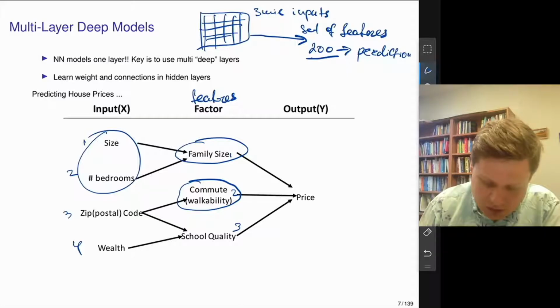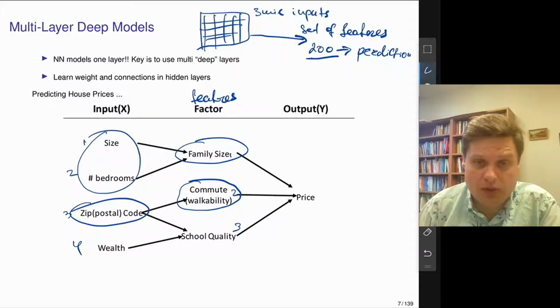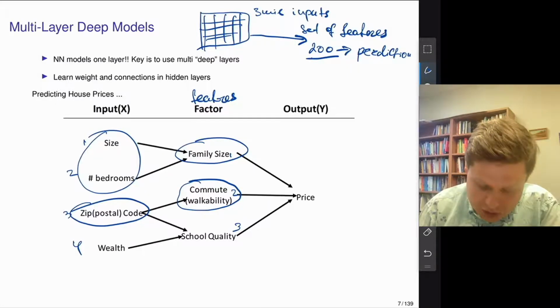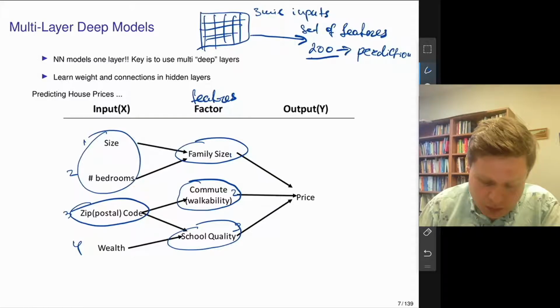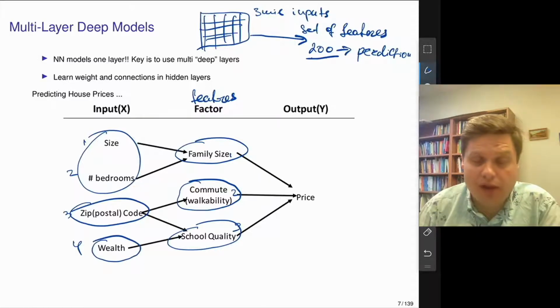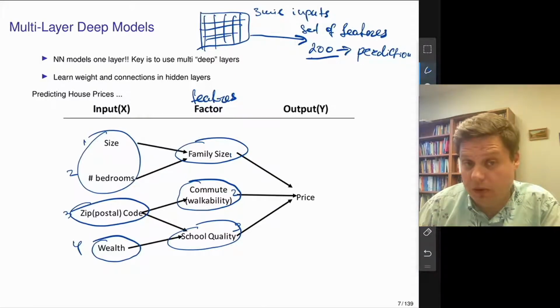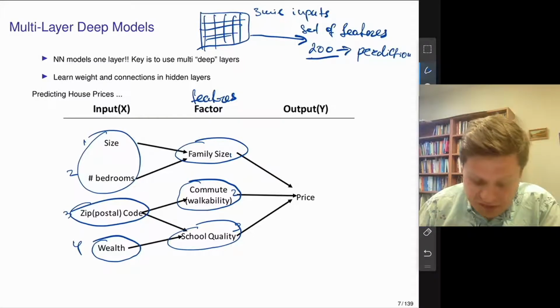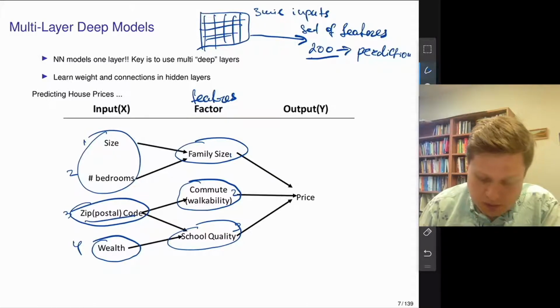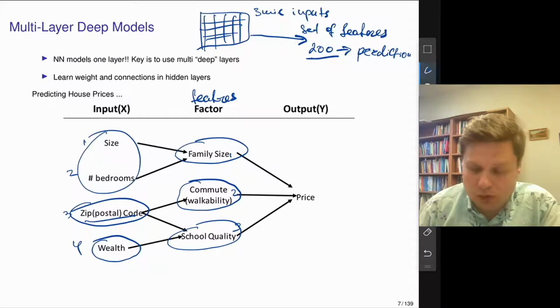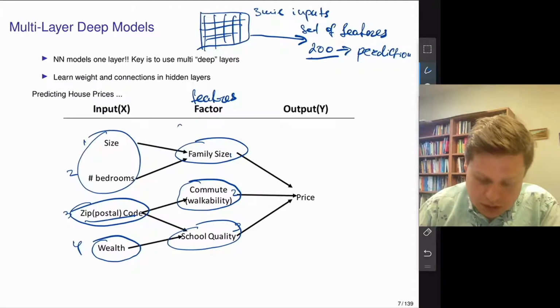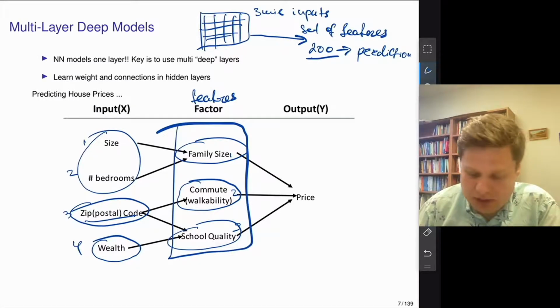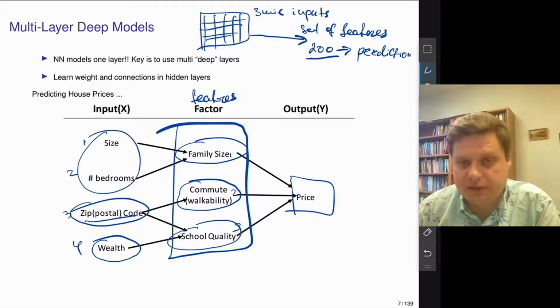And if you know the commute or walkability, you will probably be able to identify the zip code associated with this area. And also school quality. School quality will be associated with the wealth, meaning that the house is going to be more expensive in this area, the taxes are higher, the school will have more funding, and also the zip code. And then if we want to do a predictive model, we're just going to use those factors or those features to predict the price of the house. So that's the idea of those features or latent factors.